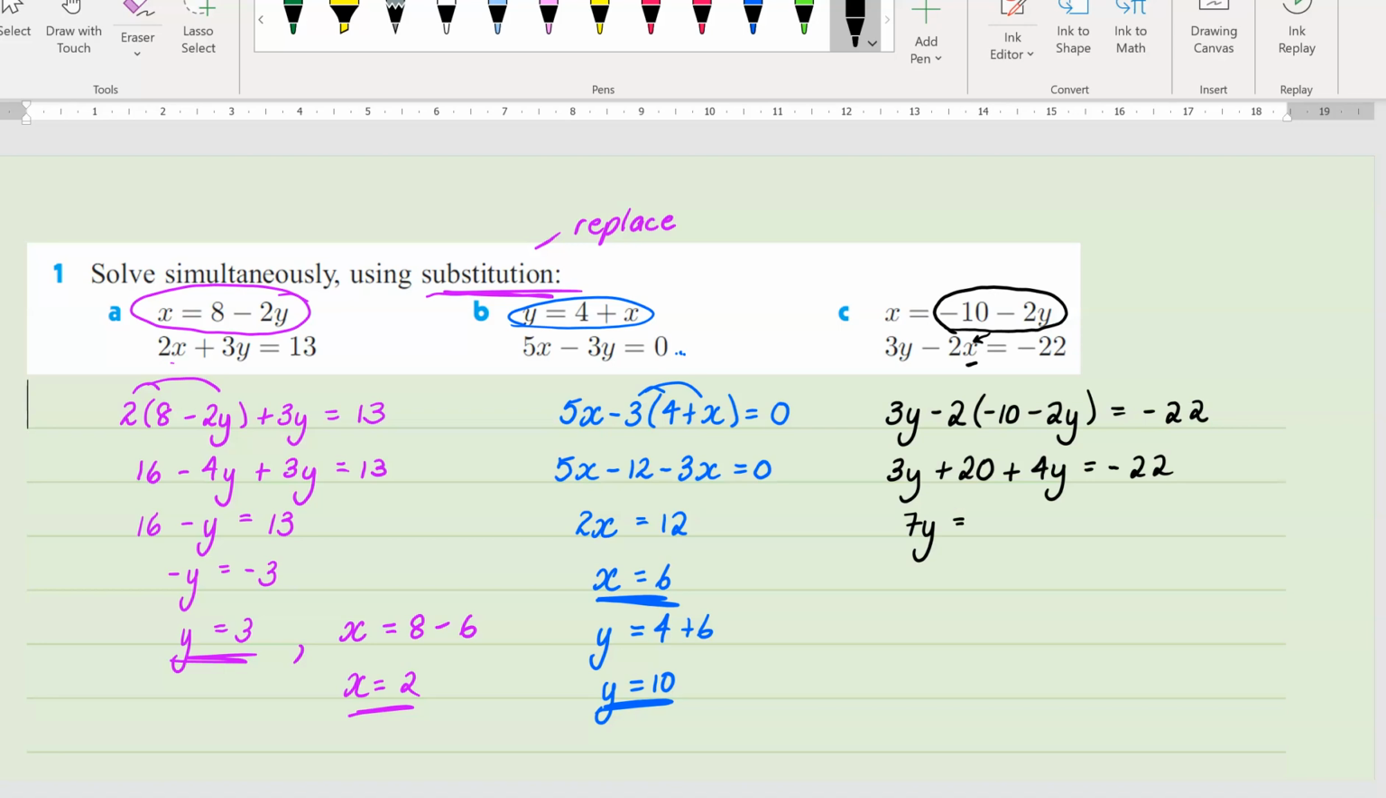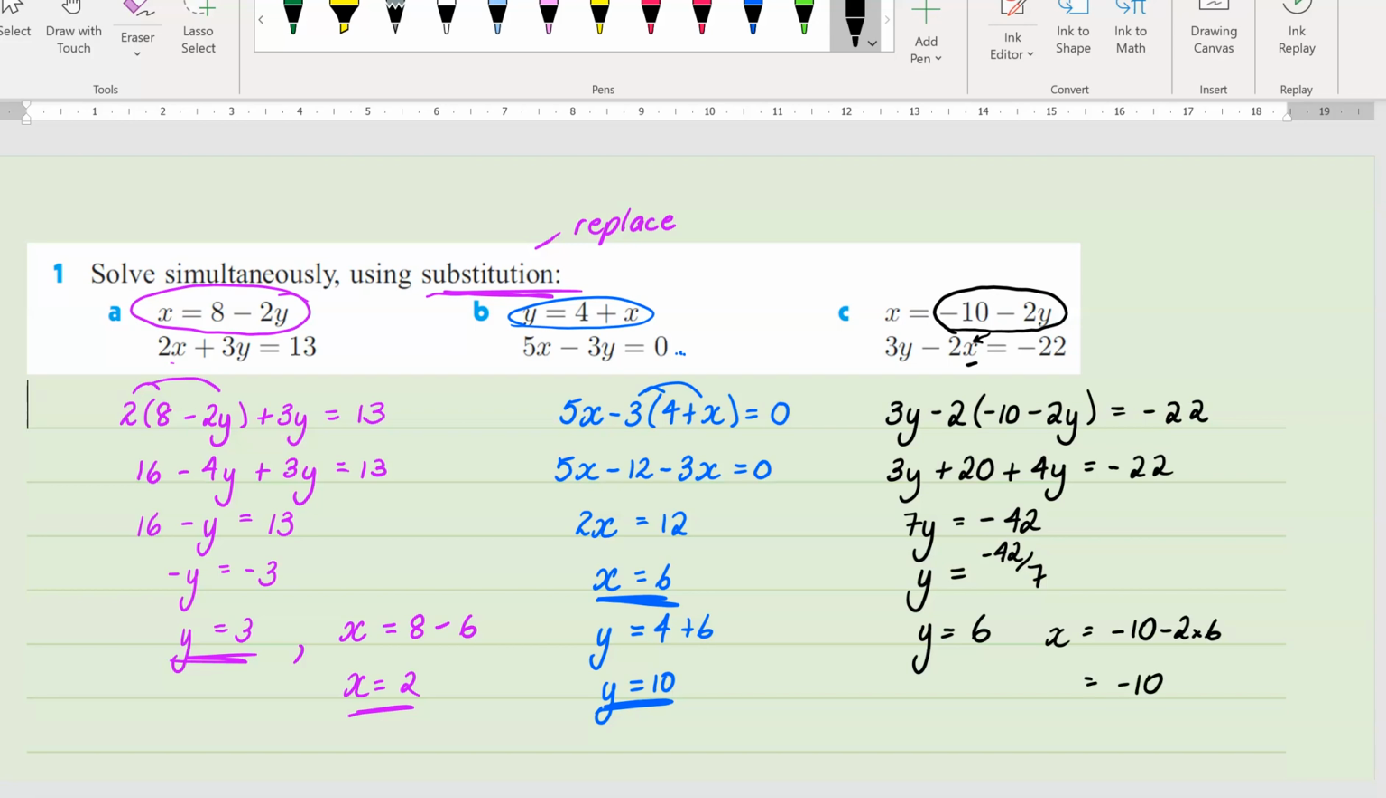So we're going to take 20, which becomes minus 42. Get rid of the times 7. Divide by 7. So minus 42 divided by 7, y equals 6. Let's pop it back in to find our x value. Minus 10, take 2 times 6,